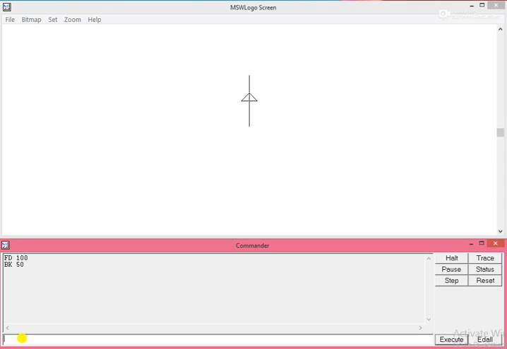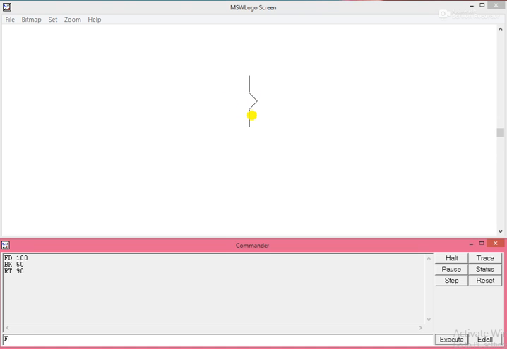Now next is the RT command. RT is the right command. The short form is RT; type RT space 90 and press the Enter key. This command is used to turn the turtle to its right side. You will see the turtle moves in the right direction.